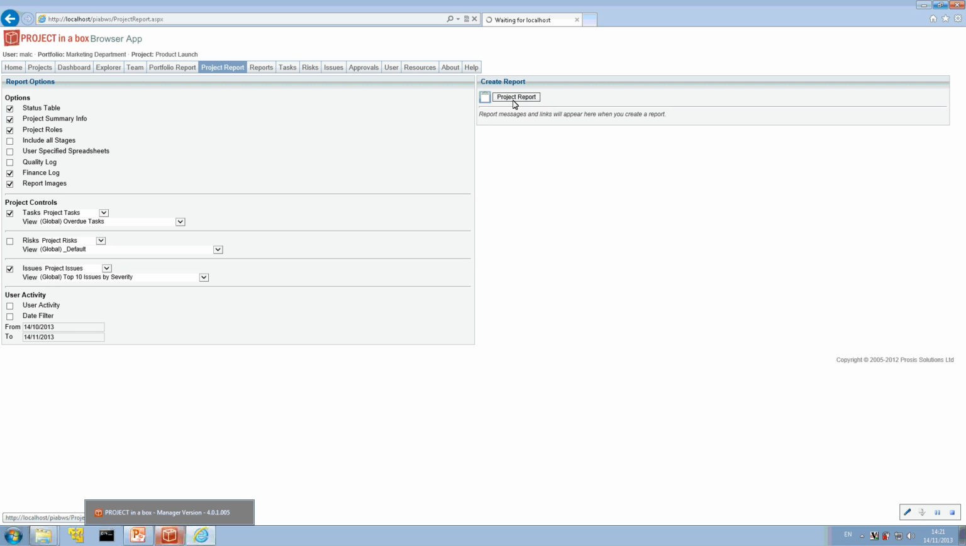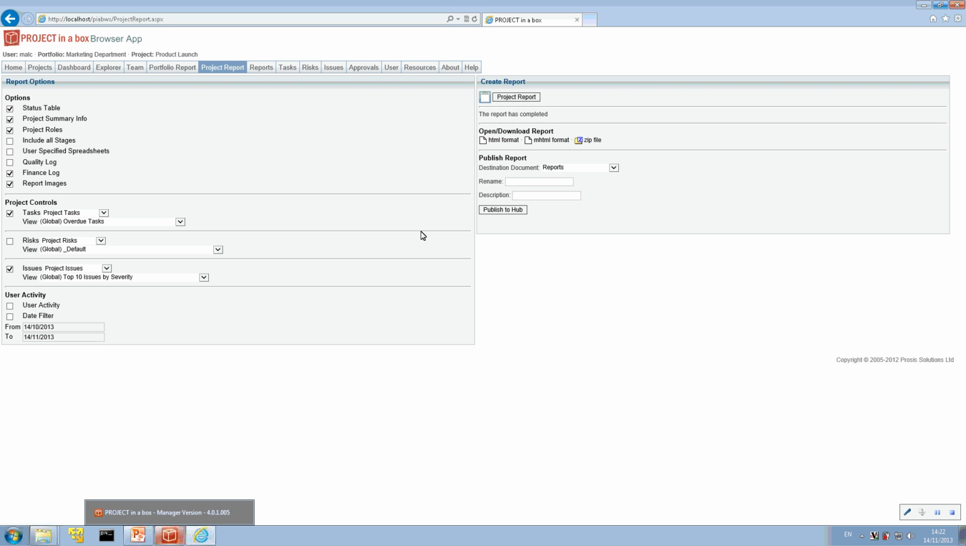And then it's going to go away and build me that custom report. Again, great when I'm out of the office, forgotten to do my report, somebody asked me for the latest status on a project. I can produce this straight away. I can now come and view the report, and if I want to, I can then publish it back into